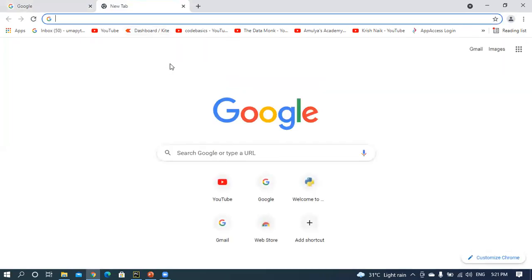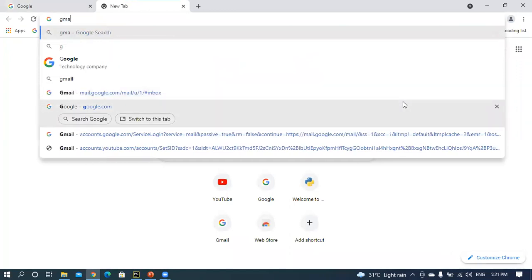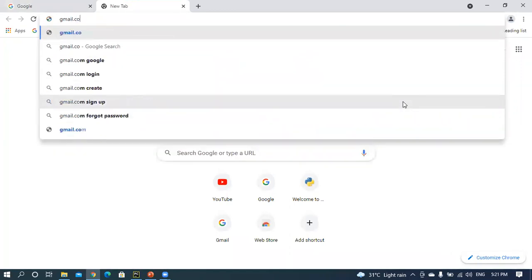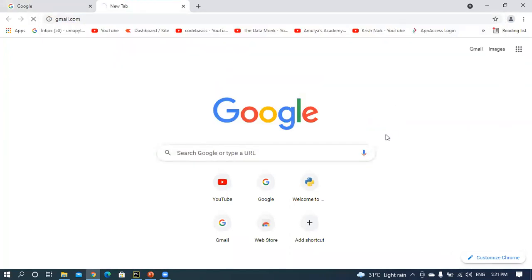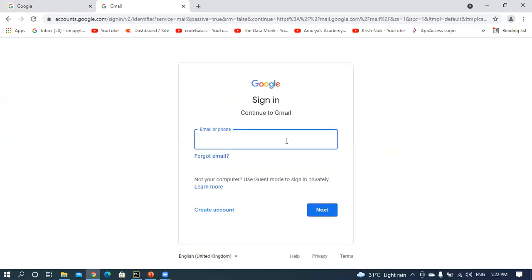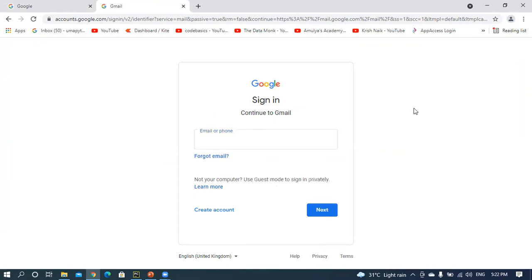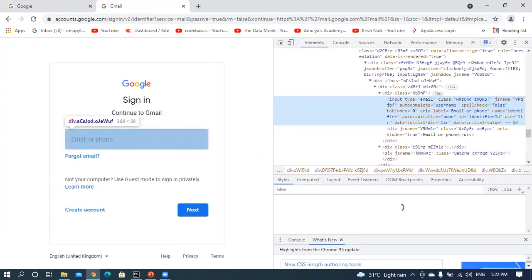For example, if you go to any web page, say gmail.com. If you know any other website, please tell me. On Gmail.com you have different elements. This is one element; is it enabled or not? This is another element; I want to check whether it is enabled or not. How can you check that here?